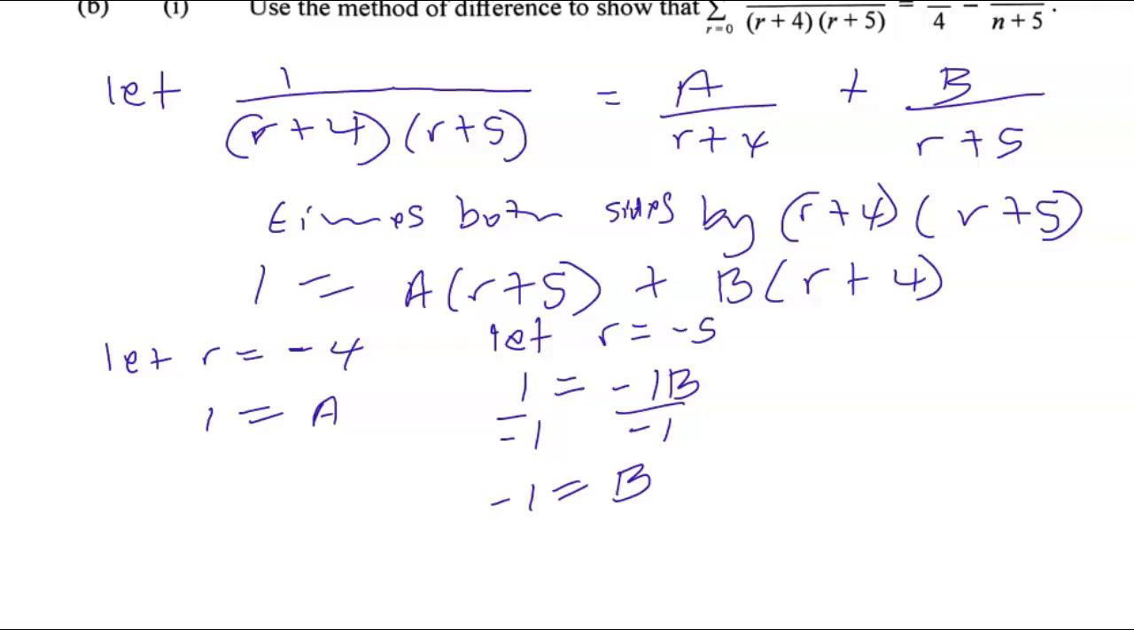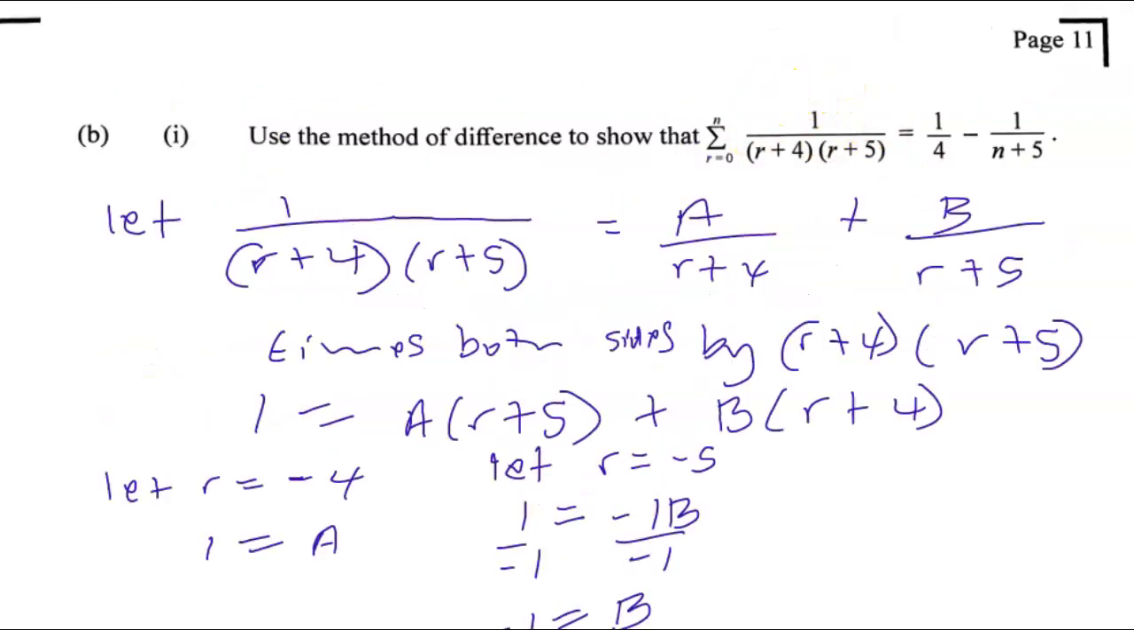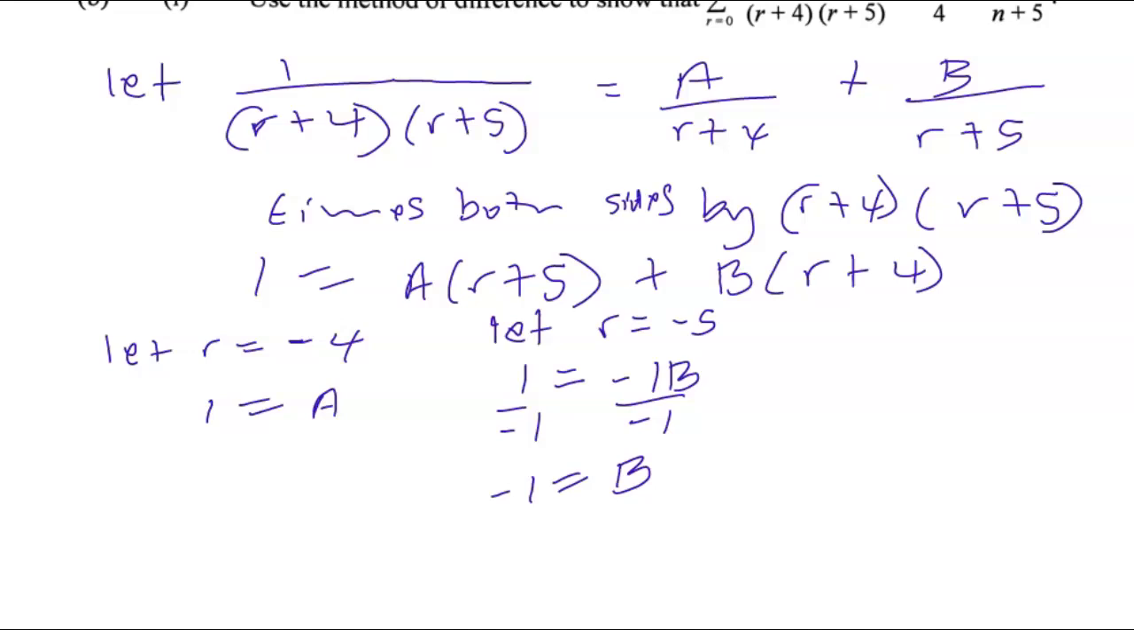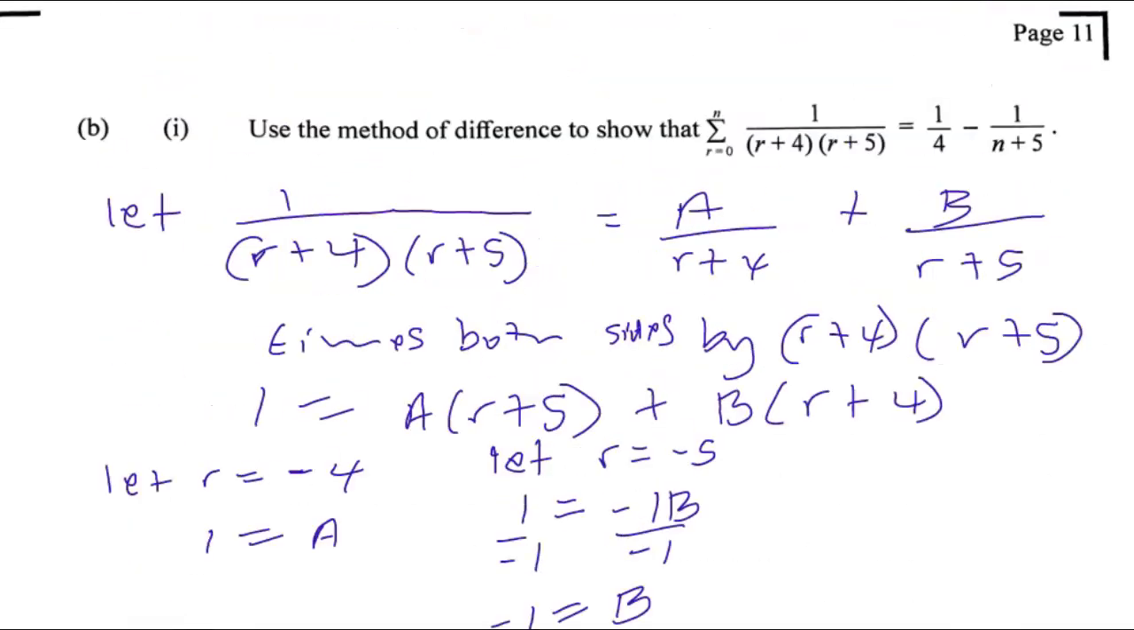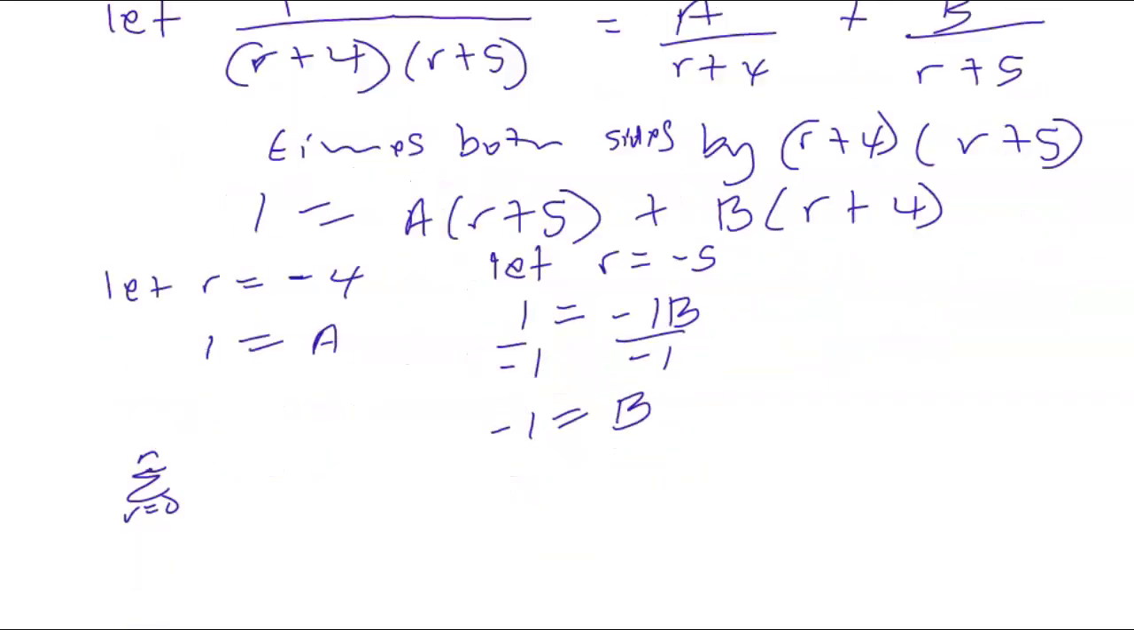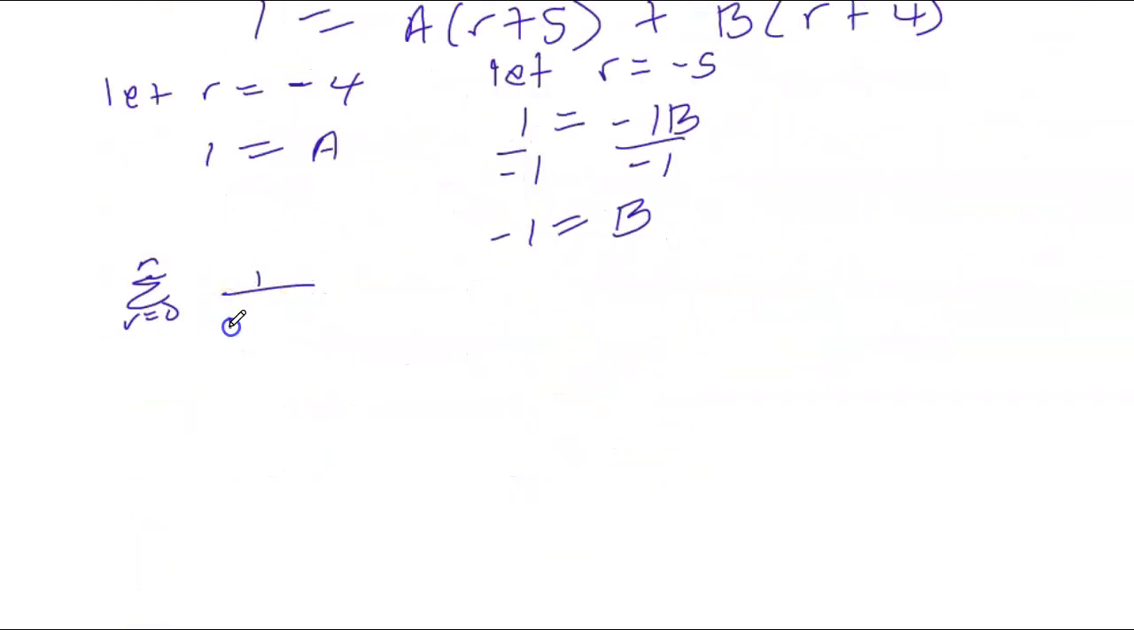Which means we can rewrite the series. So the sum from r equals 0 to n is now 1 over r plus 4 into r plus 5. We can rewrite this as the sum from r equals 0 to n of, so we got